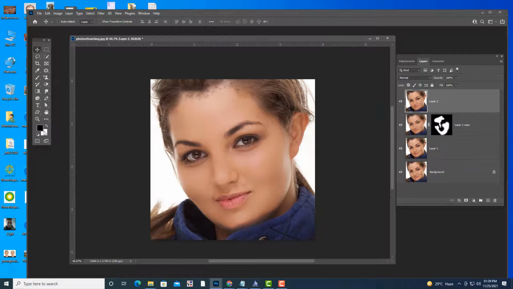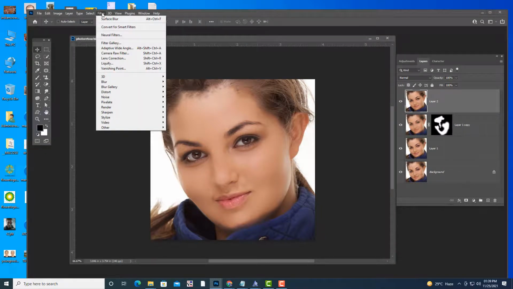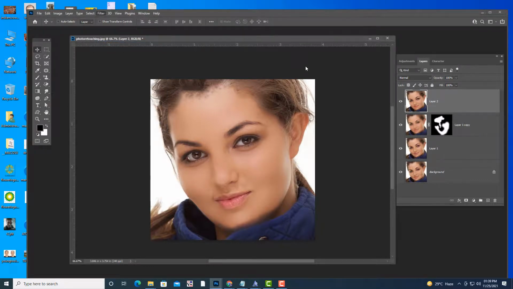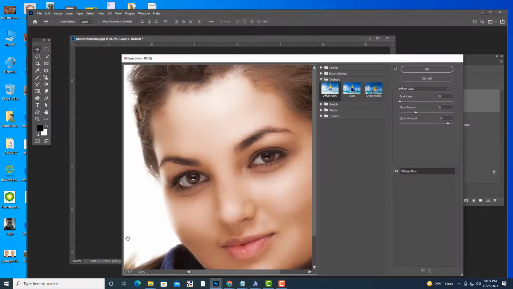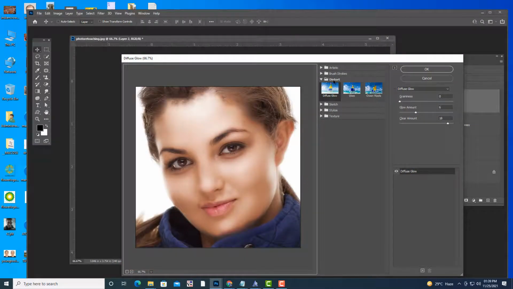First we have to change the foreground and background color to black and white. Then we go to Filter, and to the Filter Gallery. In the gallery we are going to use Distort, and here we are going to use Diffuse Glow. This is a very sensitive value. Even if you increase it slightly, it becomes too much. See here, clear amount.